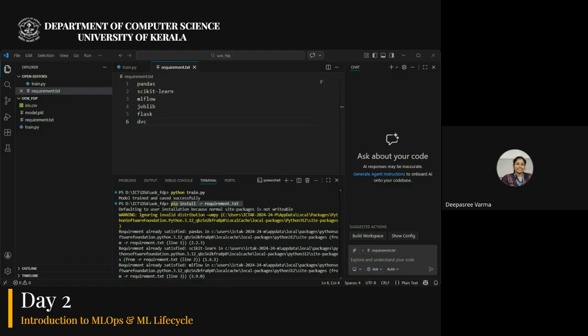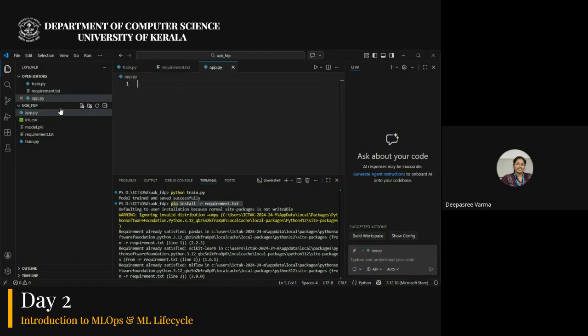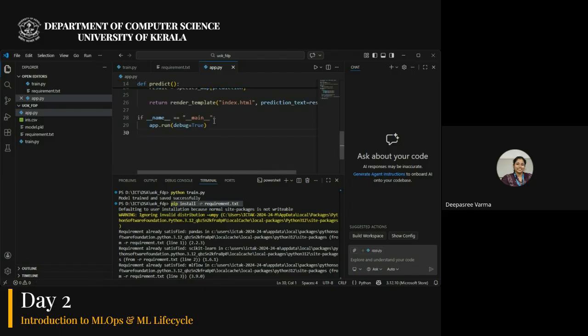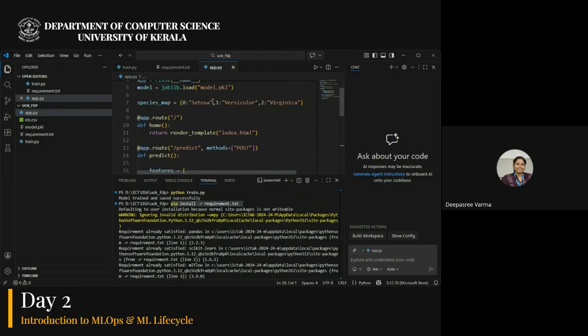So our next, let's build a Flask model. In the Colab file I shared with you, in the next cell there is a file called app.py, which I gave the heading app.py. You can just create a new file called app.py, which is the front end file, the Flask file which hosts this.